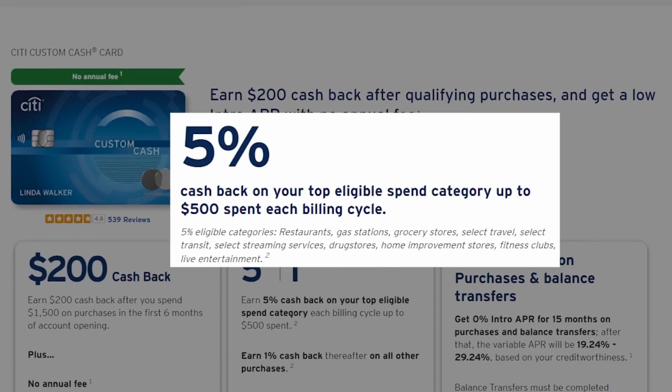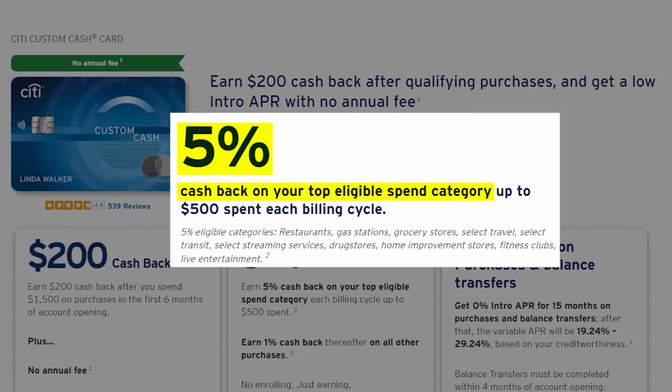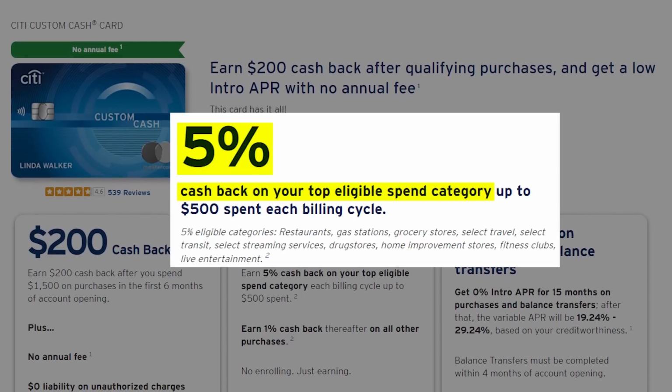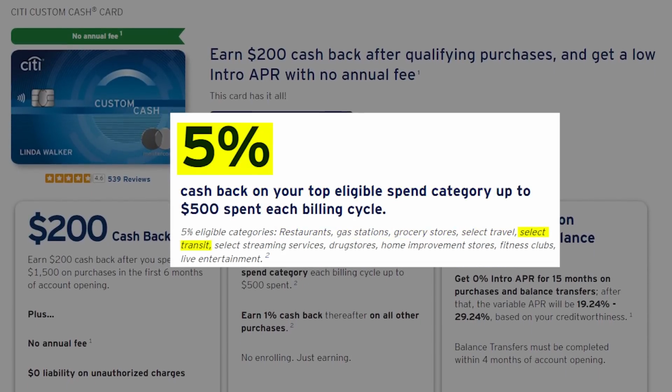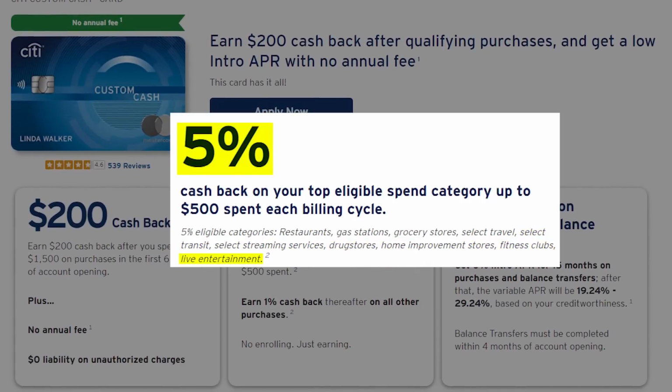Now looking at the Citi Custom Cash eligible 5% categories, because I do now have the ability to use this card for a different category for 5% until I maybe switch it back to my gas card. I could use it at restaurants, gas stations, grocery stores, select travel, select transit, select streaming services, drugstores, home improvement stores, fitness clubs, and live entertainment. And honestly, with all the other cards I have right now, I don't really have an ideal spot to slot this one in necessarily, but I guess the one that I could use it for somewhat frequently would be home